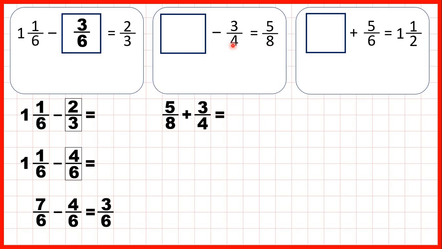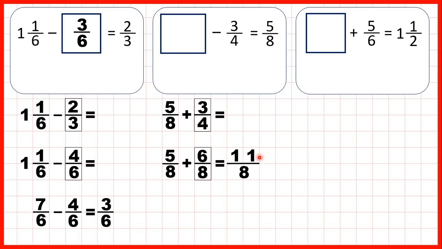and 3/4. To add fractions, the denominators need to be the same, so we need to find a fraction equivalent to 3/4 with a denominator of 8. So that's the same as 6/8, because 4 times 2 is 8 and 3 times 2 is 6. So now our denominators are the same, so the denominator stays the same in our answer, and 5 plus 6